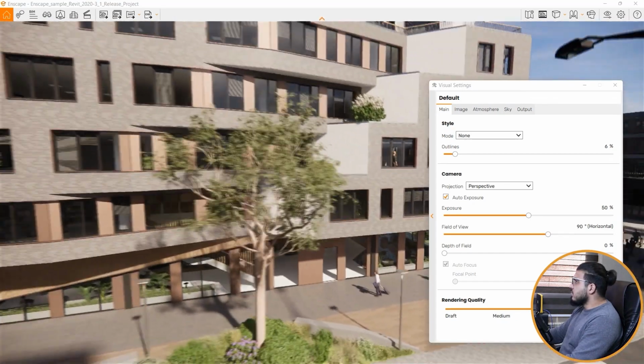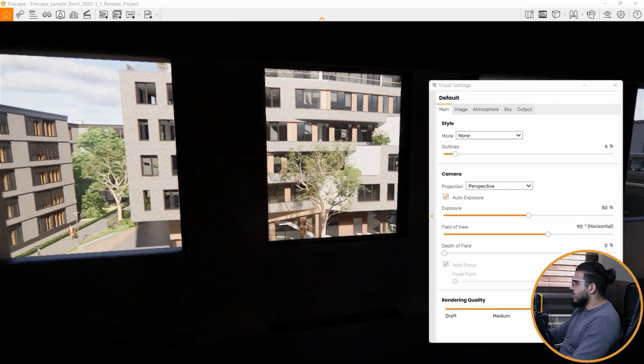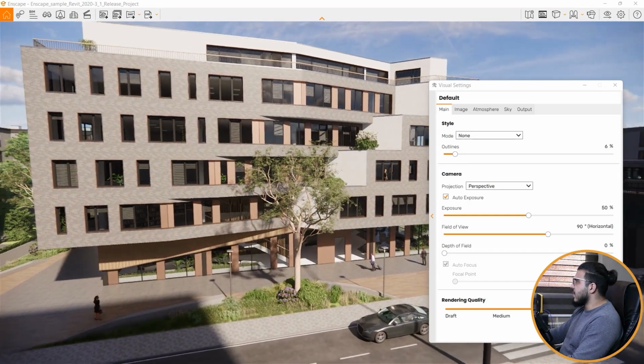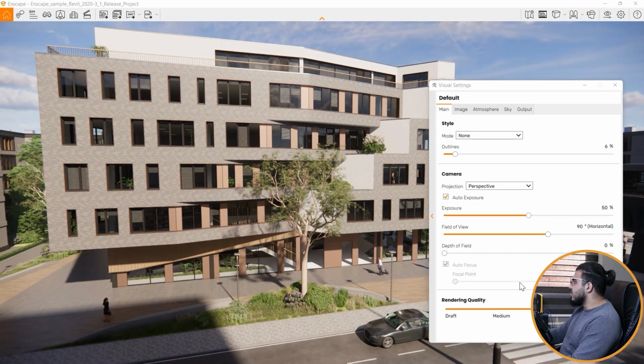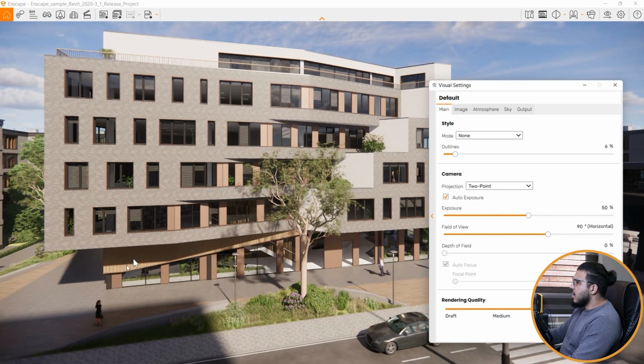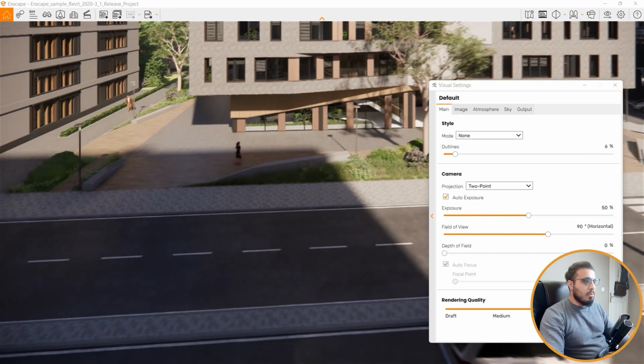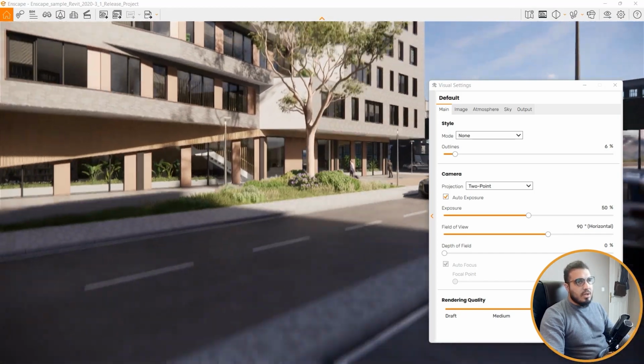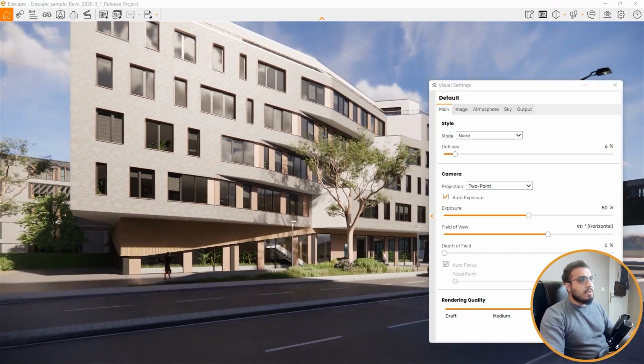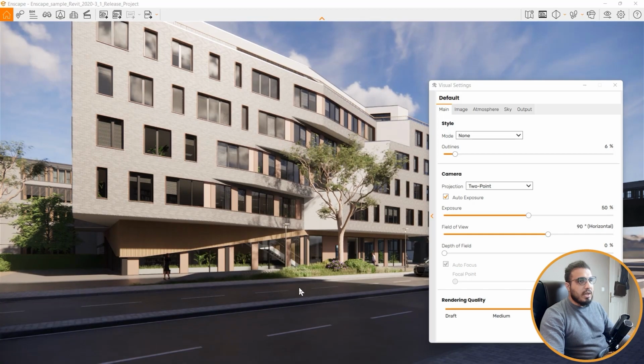But if you want to render and you want the final scene to have a better effect than human eye effect, you need to change the projection to 2-point perspective, and it will make the lines vertical, not like when I put them on perspective. You can see the difference. And if you want to have an effect like a human eye, you need to put it on 2-point perspective. It will give you a human eye effect.